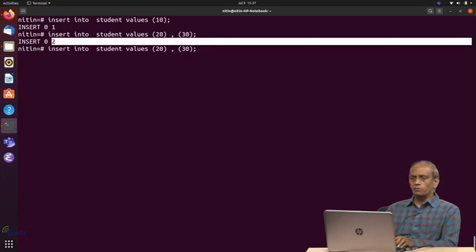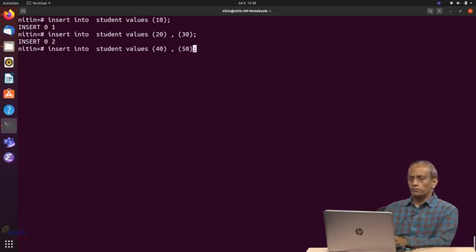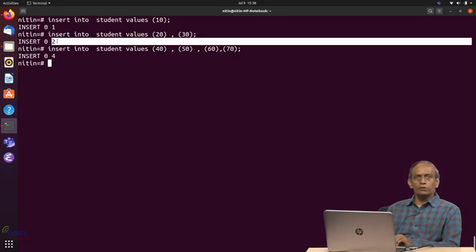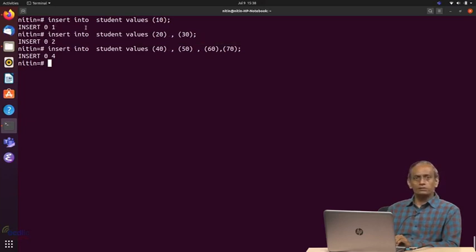If I wish to insert more, for example let us try 40, then 50, then 60, then 70. Now what is the number of values that you add there? After insert there is a 0 shown, and why that 0 is shown, we will see. There is 4 shown, and this 4 in this case is telling us that you inserted 4 records in the table. In the above insert query we inserted 2 records, that is why 2 is shown, and here we inserted only 1, so that is why 1 is seen there.